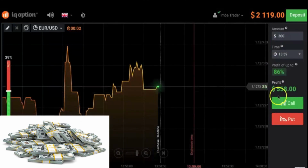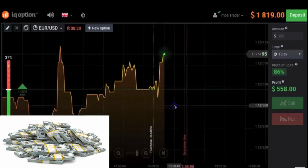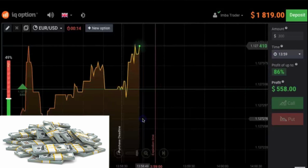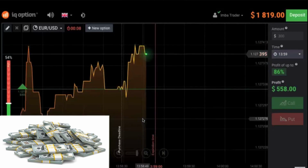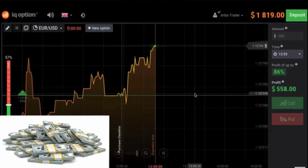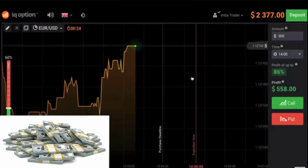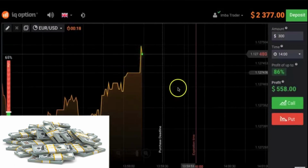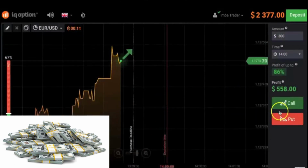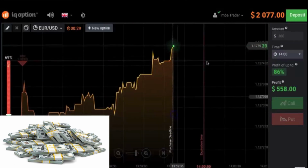Rise bet. Whenever you're ready to start trading on a binary options platform, I suggest you start with the demo account, because there you can trade fake money on the real market until you get more experience, until you feel comfortable, and only after that you can go ahead and proceed with the paid account. And